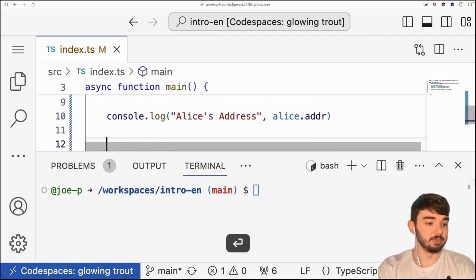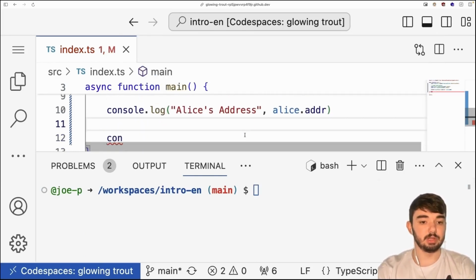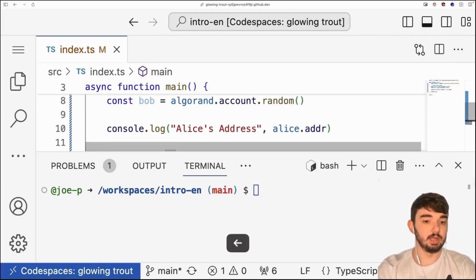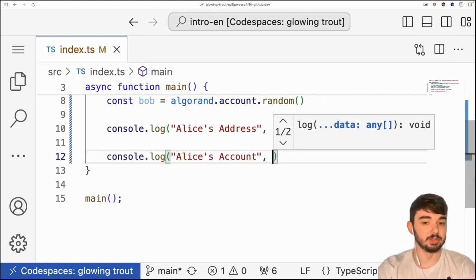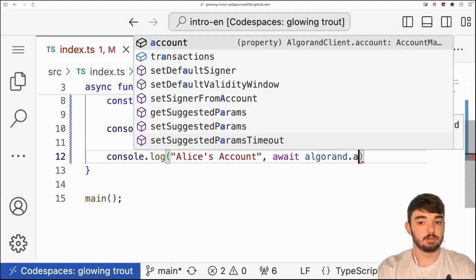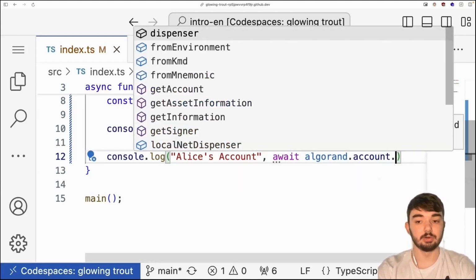Now, how do we actually get information about Alice? So if I do a console.log, and I'm going to say, close out the terminal here, Alice's account. I'm going to get her account information from the ledger. I'm going to do an asynchronous call to algorand.account. Again, anytime I'm doing something with an account, I can call it .account.